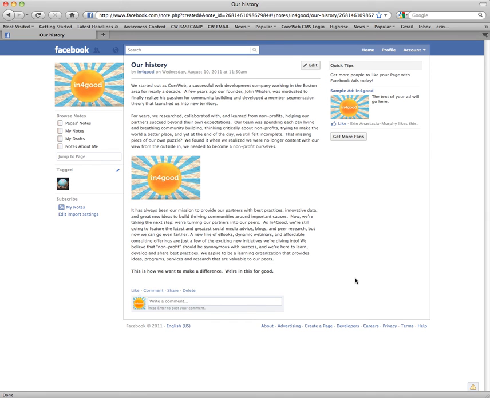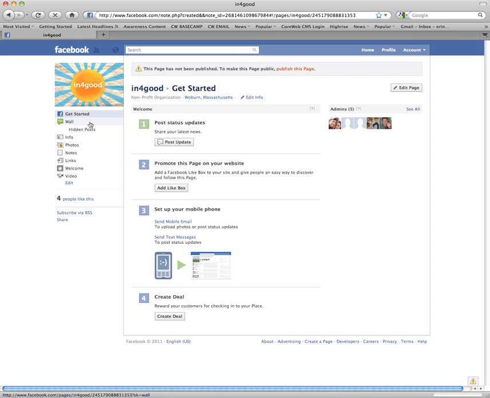And maybe you'll find that your community is really responsive to notes, and then you can take it a step further and create your own blog and move from there. But definitely we recommend using notes to connect your community, share stories, and we hope that you found this helpful